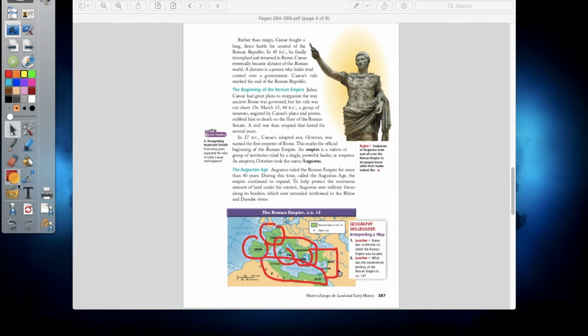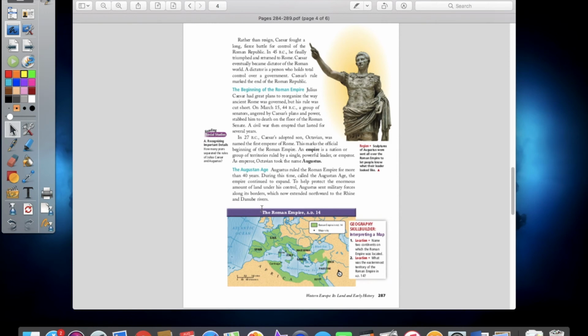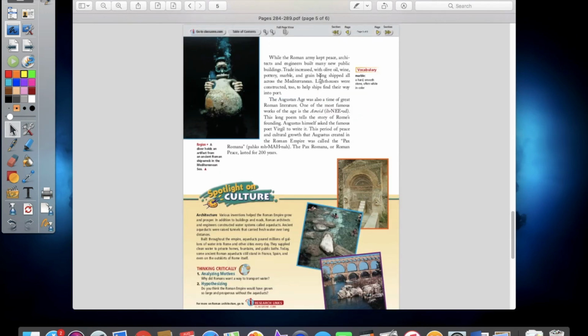Also in this time period, they actually start sending out troops into England. So they start conquering modern day England as well. So their empire is at this maximum size that it could possibly be under Augustus' rule. So because of that, the military conquered a huge chunk of territory and created a lot of peace and stability in the region.